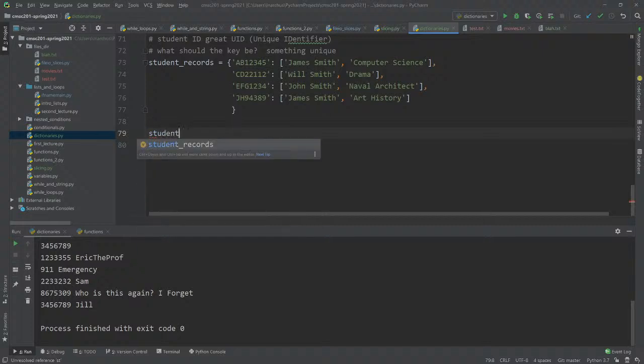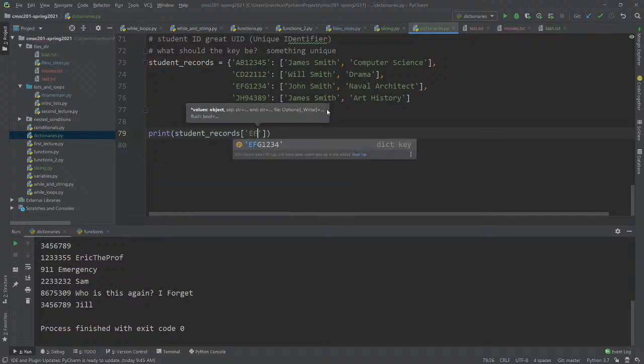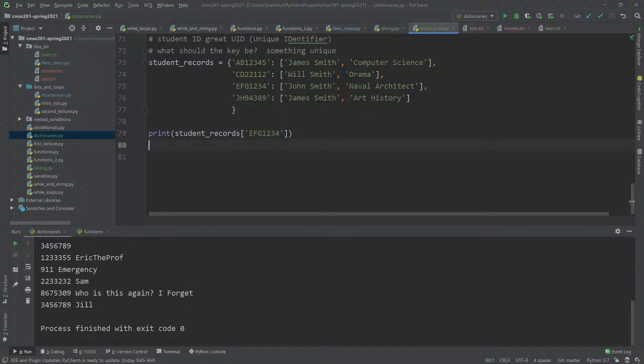So let's just do this: print out student records at, say, EFG 1, 2, 3, 4. And what this does is it allows us to know whose actual record we're printing out, rather than